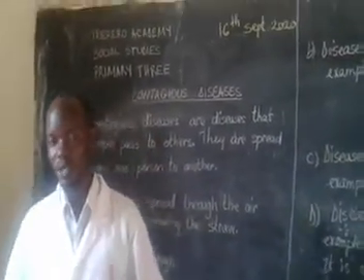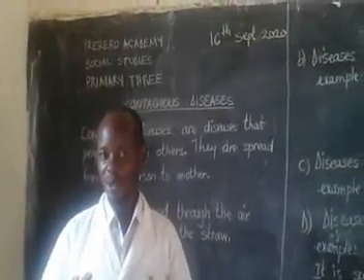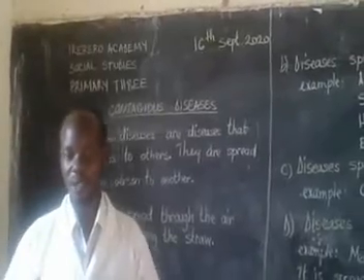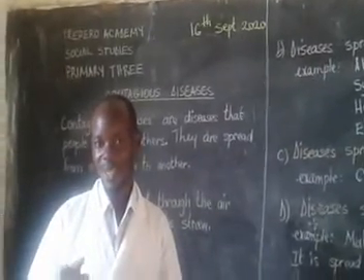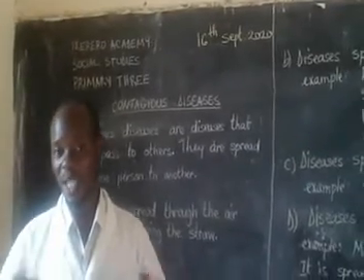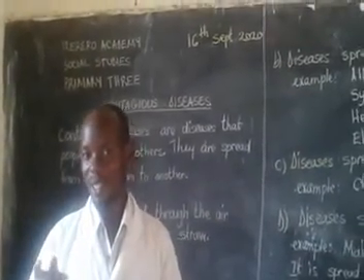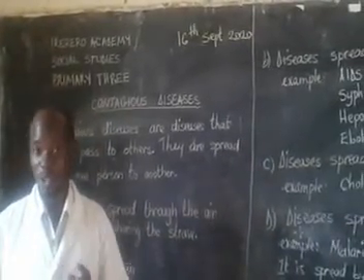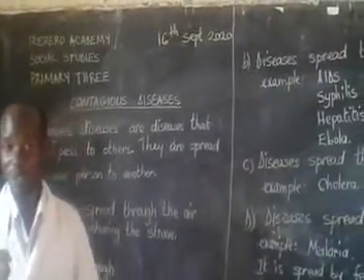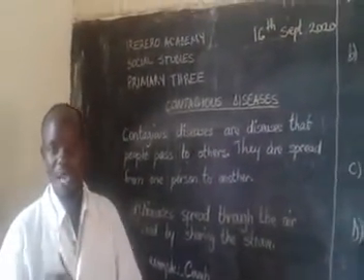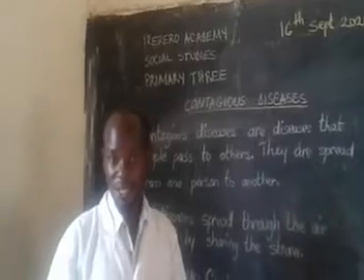We are going to study social studies. If you remember well, last time on audio lessons we talked about hygiene at home and hygiene at school. And if you remember well again, in the end we talked about the effect of the lack of hygiene. What was it? Diseases. Yes, today we are going to continue with diseases, and today we will talk about contagious diseases. What are contagious diseases?